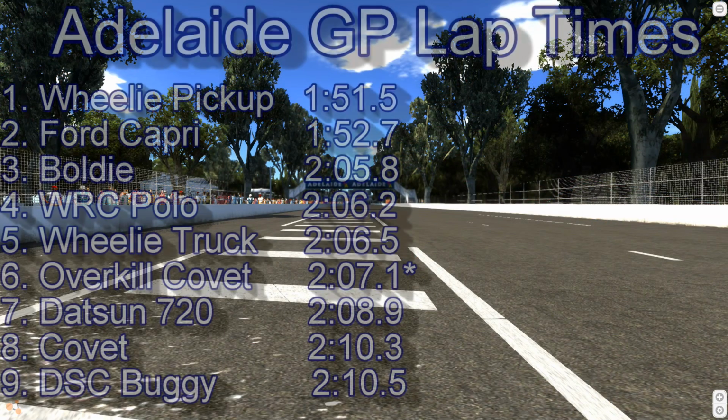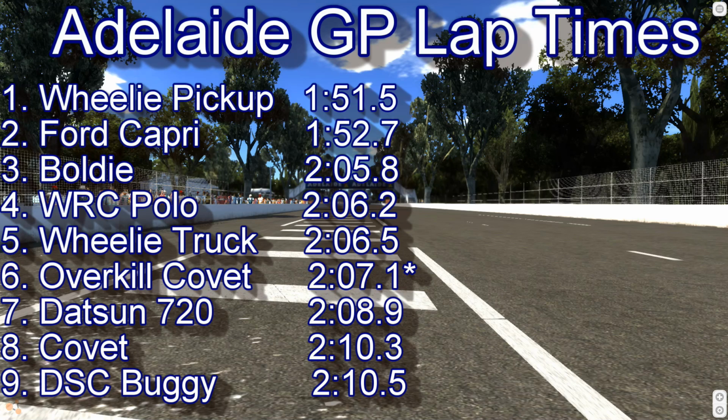times. And we have a new leader, the Wheelie pickup, which set a time of 1:51.5, putting it over a second quicker than the Ford Capri. Despite its horrendous brakes, that humongous amount of acceleration in between the corners is enough to put it to the top of our table. The Wheelie Truck, despite its inability to take any corner speed at all, goes into 5th,